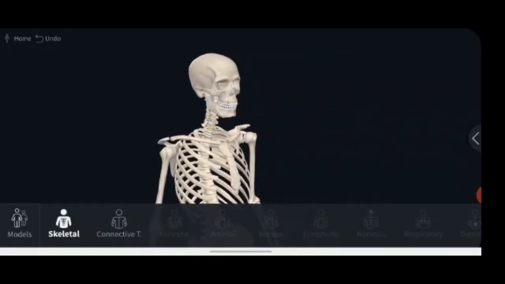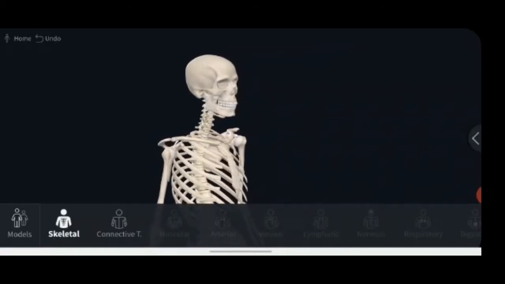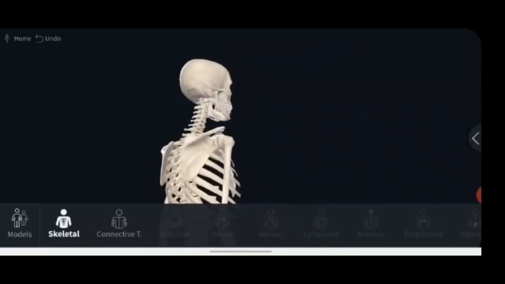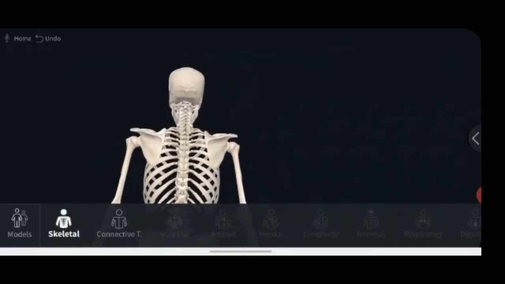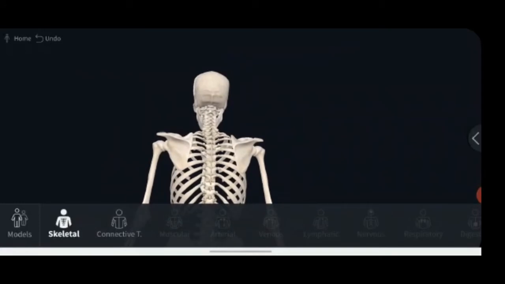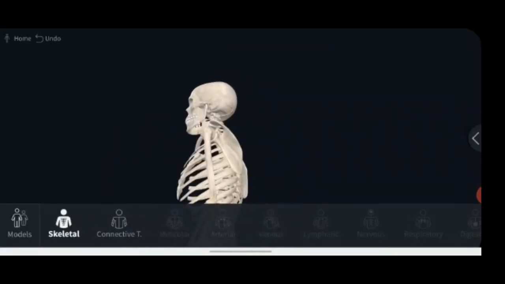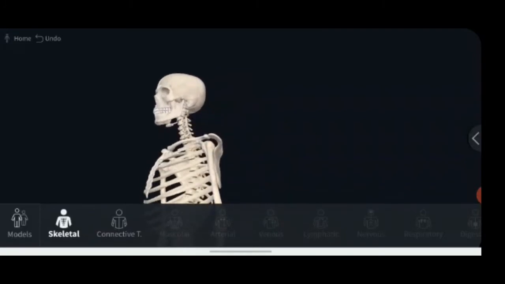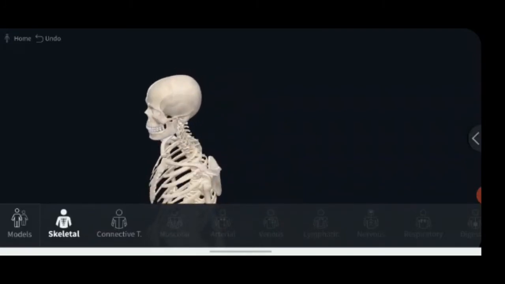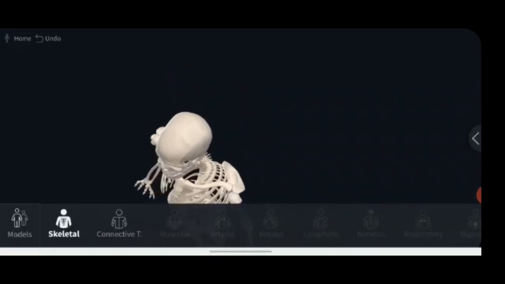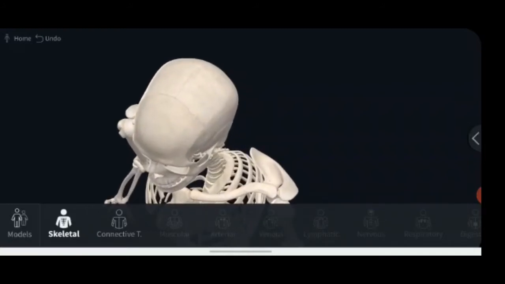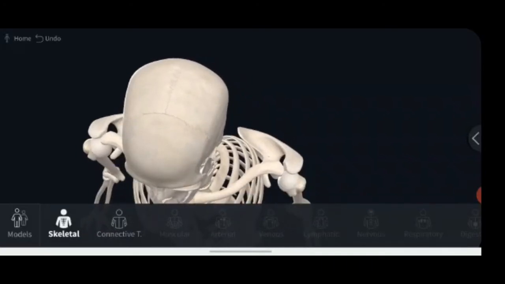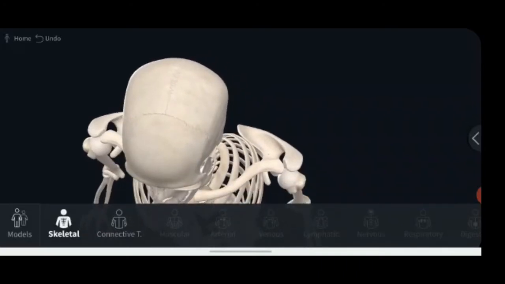It is composed of 22 bones as a whole. This 22 does not include the ossicles of the ear. So these are 22 bones, some of which are paired and some of which are unpaired. Of these 22 bones, 21 bones are firmly connected with each other by means of sutures or synchondroses. You can observe the sutures in this view. These are the sutures in between the skull bones.